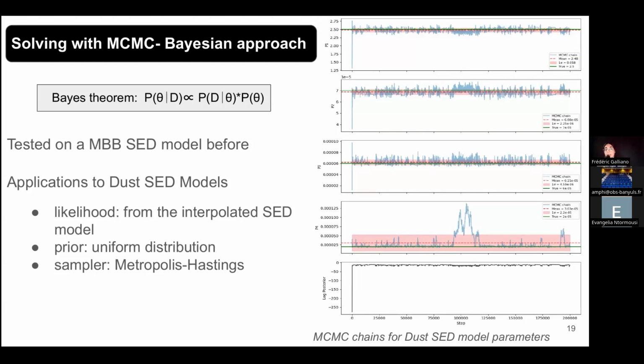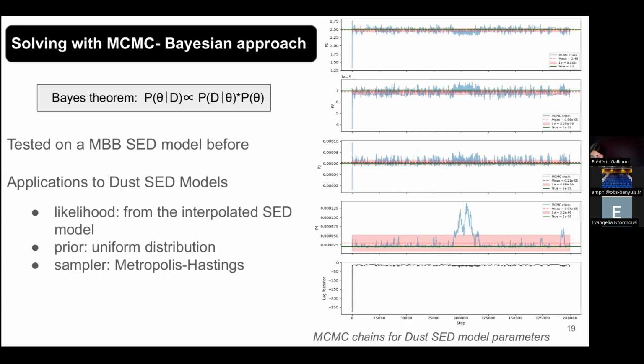We tested that on the MBB. That is quite simple because we have an analytical model, but we also did that on the